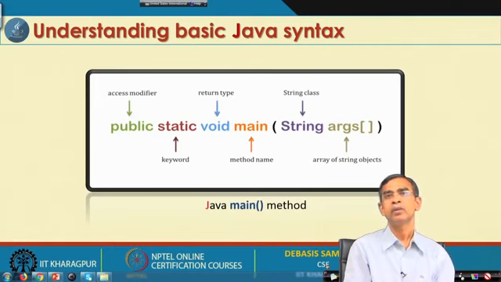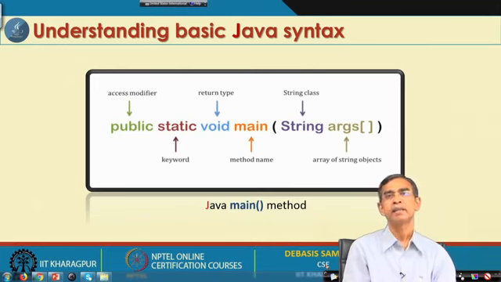And then the void. Void means every method should return something. This is the concept of a method or function or operation. Any operation can have zero or more inputs and always returns something. Now, in some situations it does not return anything, and in that case we should mention void.